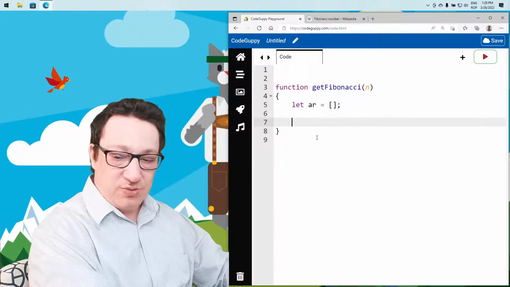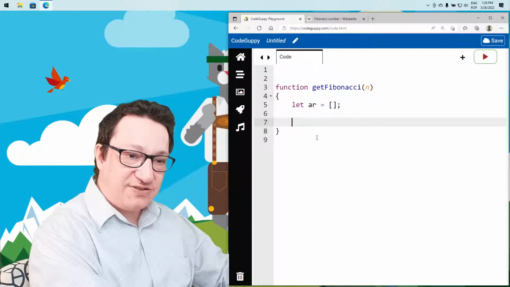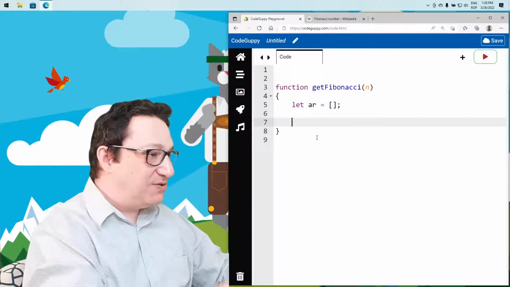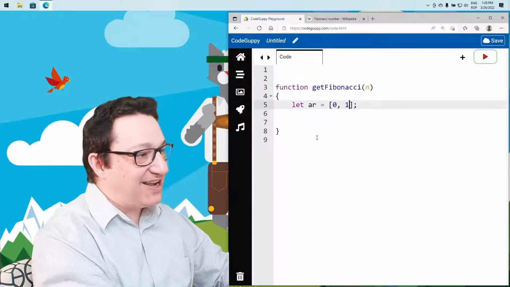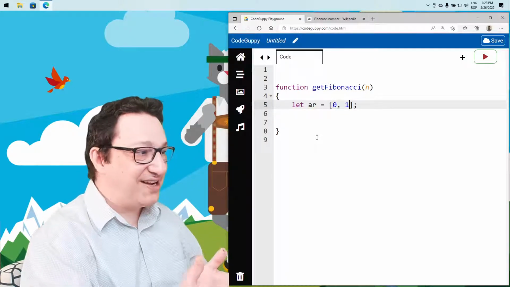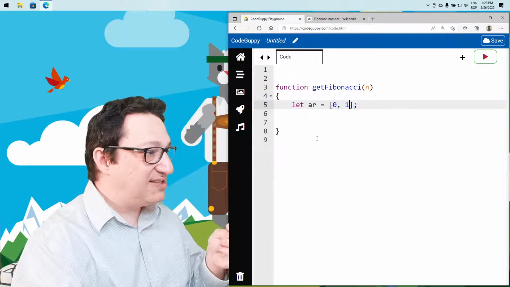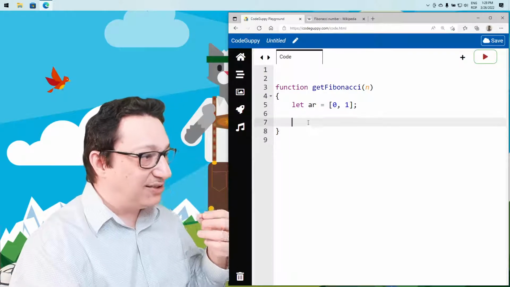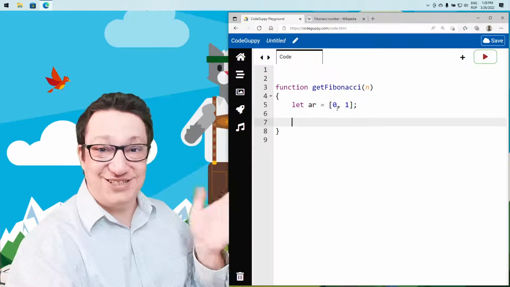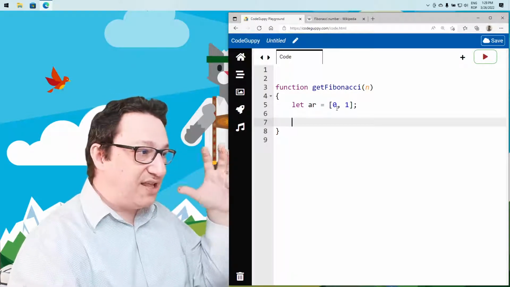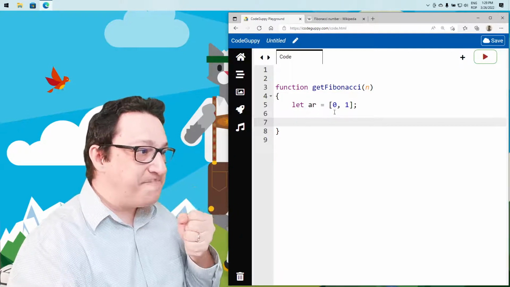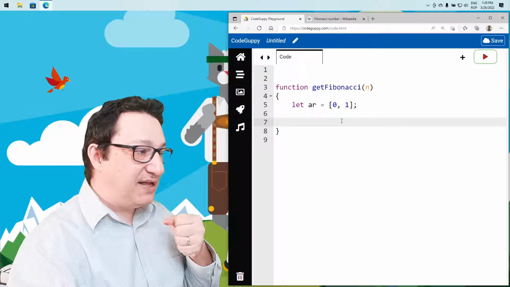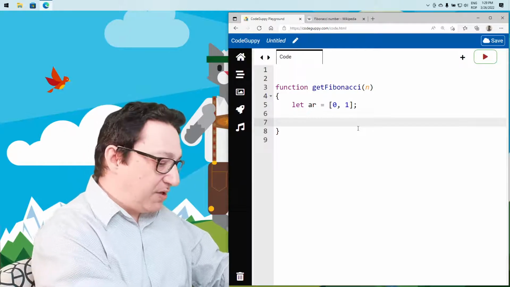What we can do, we don't need those variables anymore, because we can place in this array already some elements, right? The array doesn't have to start empty, it can start at 0 and 1. We already know that the first 2 Fibonacci numbers are 0 and 1. So now we can have a while loop on the array, and basically, let's have a while loop directly. So while,